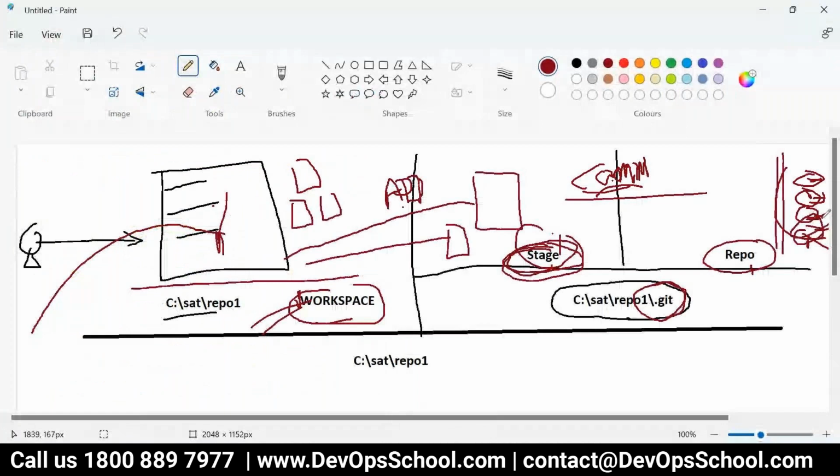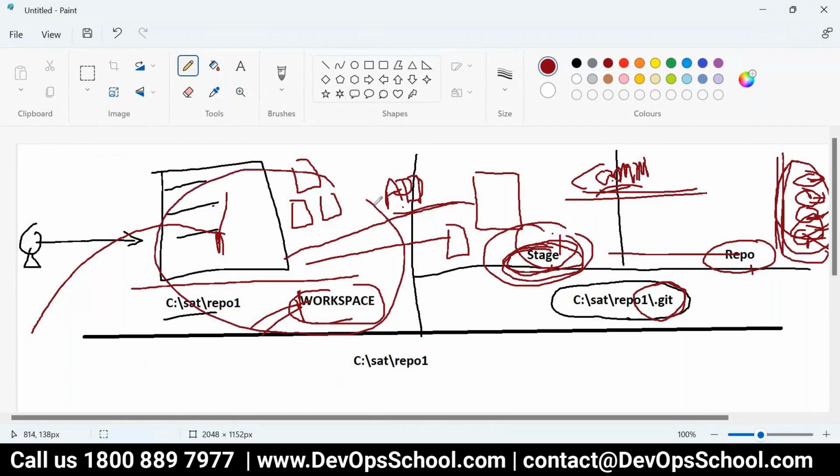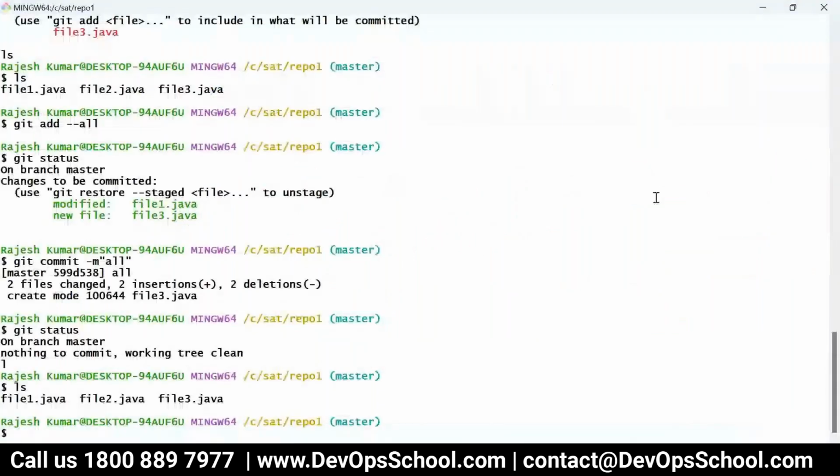To summarize, you modify the file in the workspace. After that, using the git add command, you send it to staging for review, temporarily. And when you commit, the commit takes it from staging to the repository, and this is the final place for your versions. So whatever you modify, if you want to version it, add and commit. Whatever you modify in your workspace, if you want to version in the git repository, add and commit. Did you understand that, all of you? Yeah, Raj. Okay, so this is the workflow.